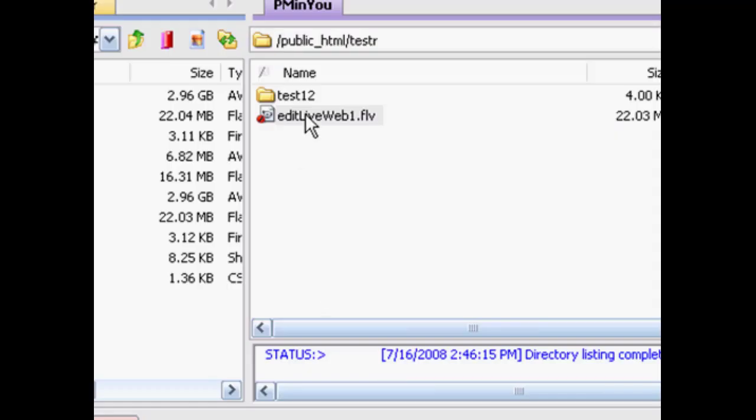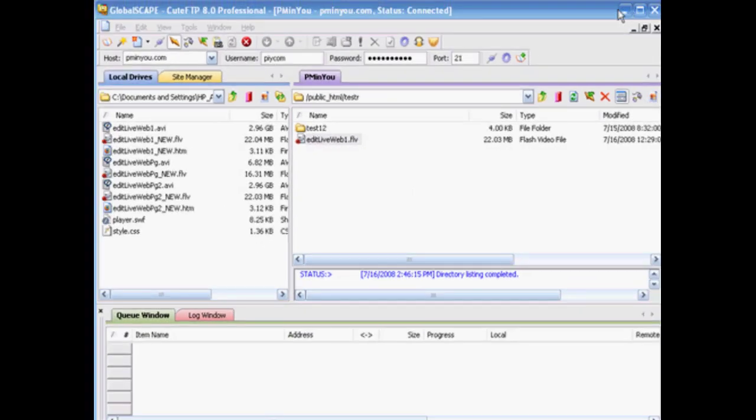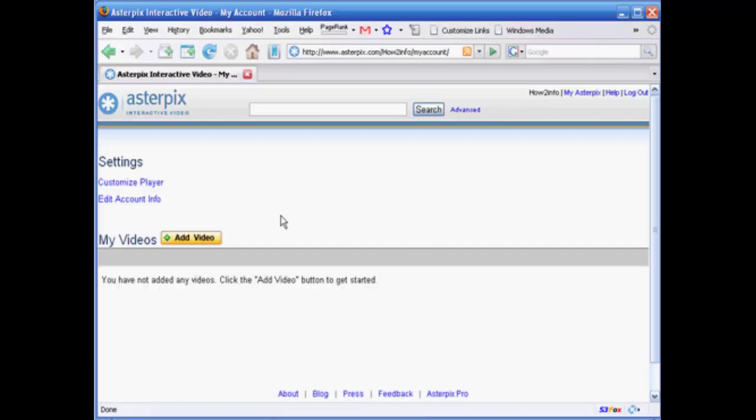Okay, now that I've uploaded it to my server, the URL, because we're going to need to enter the URL to this FLV file, is pmnu.com/testr/ the name of the file here. So let's go ahead and head on back over to the browser and Astropix. And let me see here, we want right here. And once you get your account, you log in, and remember this is the pro account, not just the regular account,